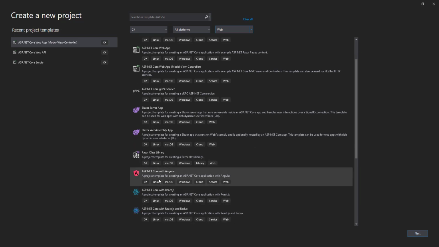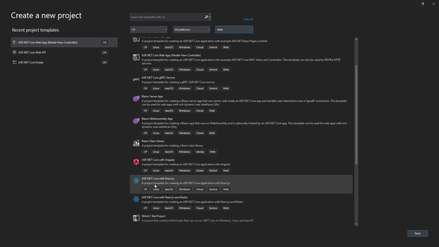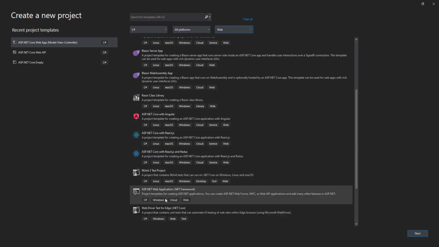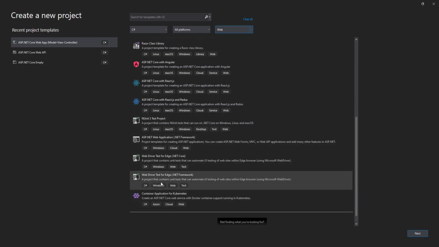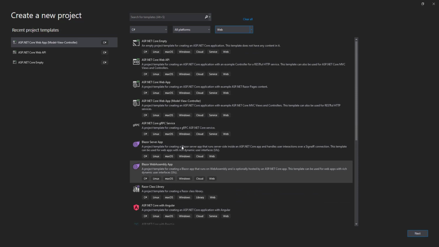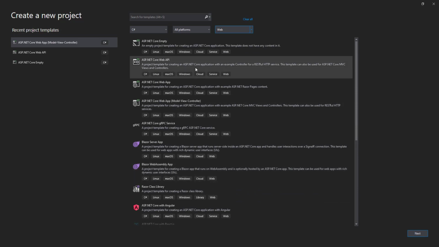The rest are the same as ASP.NET Core in combination with Angular, or in combination with React, or the unit testing project. We are not going into the detail of the rest, and I can show you the structure of